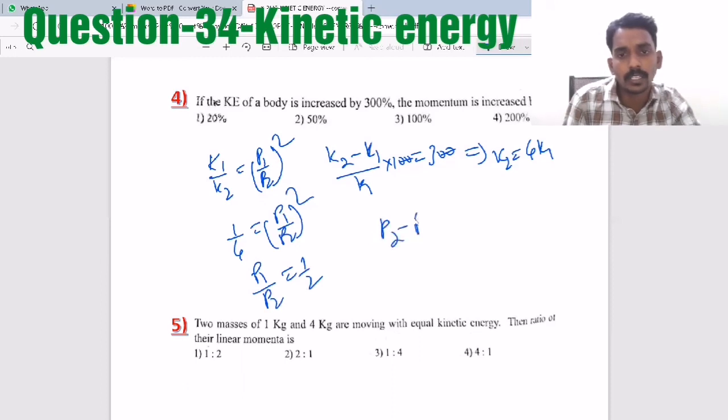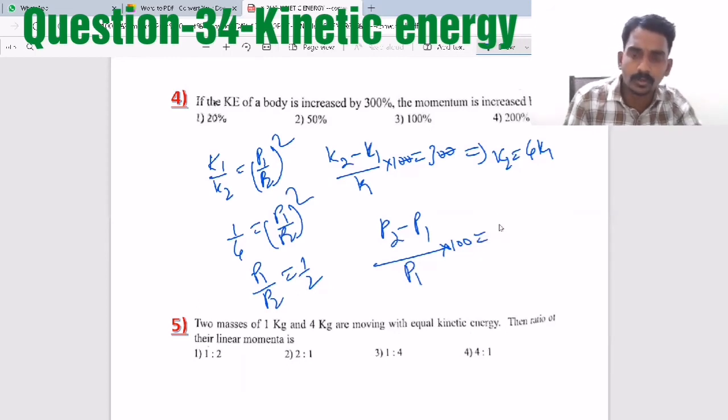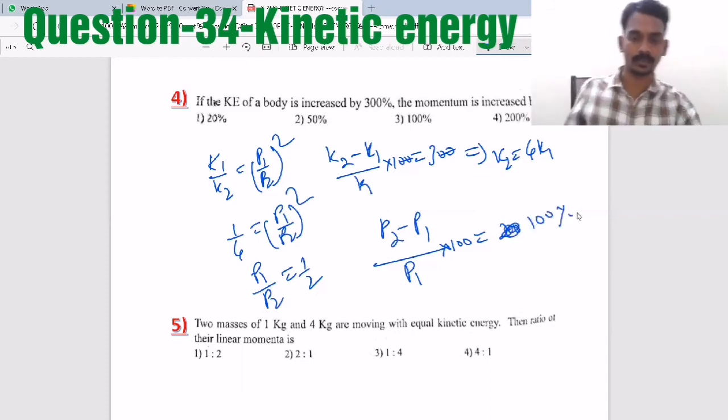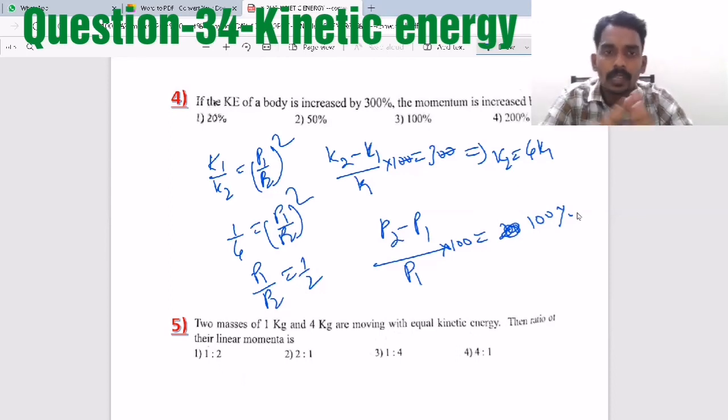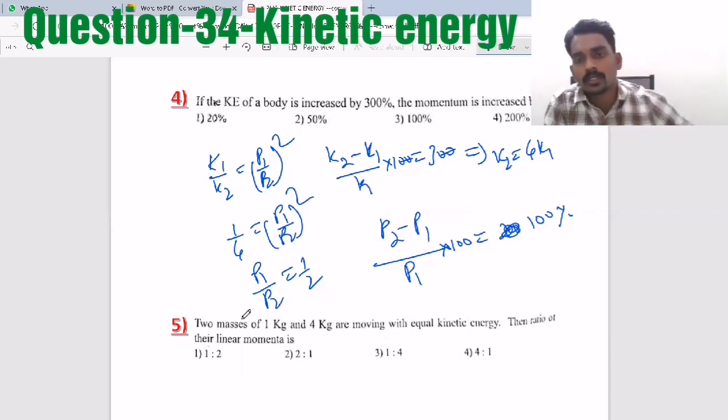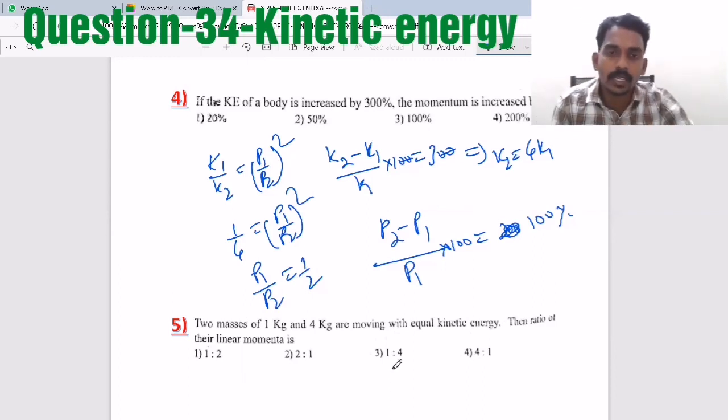Now percentage change in linear momentum means P2 minus P1 by P1 into 100 equal to, you will solve. If you solve it, then you will get the 100%. Because P2 is 2P1. So that if you substitute in place of P2 2P1, then you will get the 100%. Such a way you need to understand and solve the questions based on percentage change in terms of kinetic energy